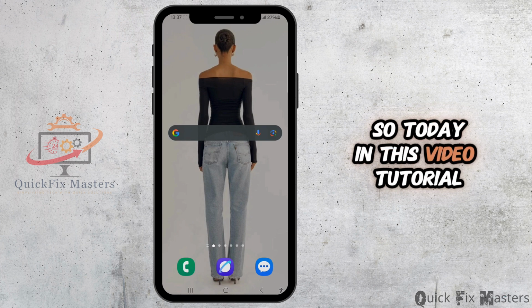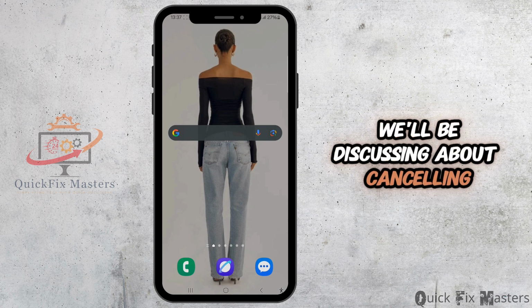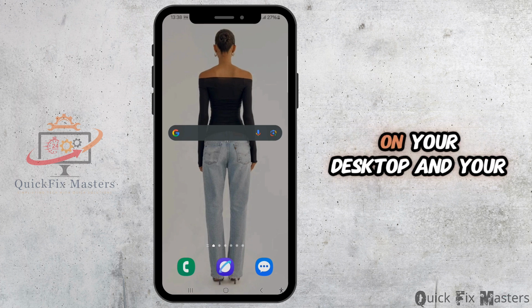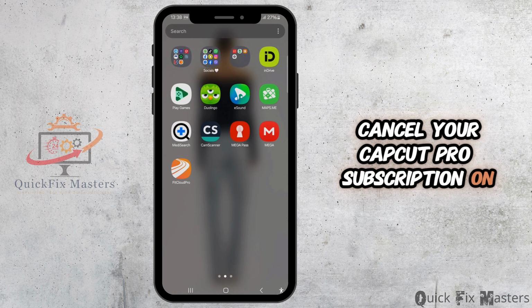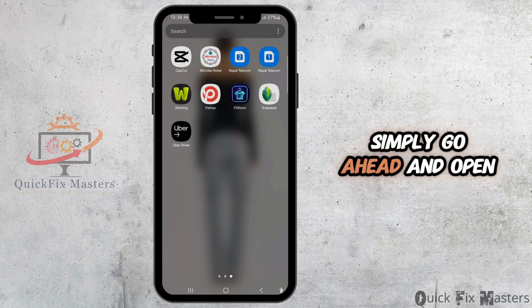So today in this video tutorial, we'll be discussing canceling your CapCut Pro subscription on your desktop and your mobile device. So if you want to cancel your CapCut Pro subscription on your phone, simply go ahead and open